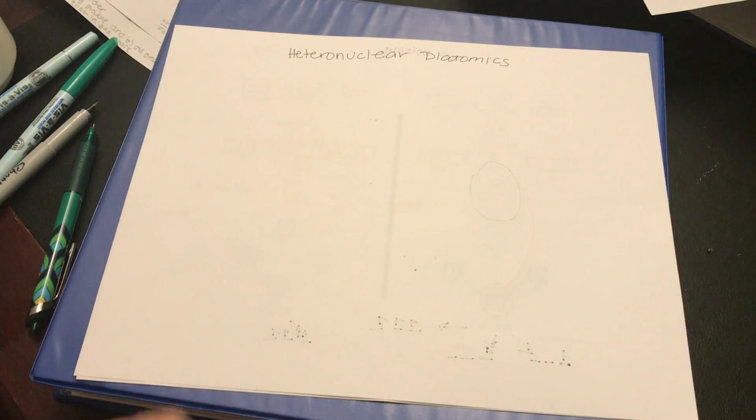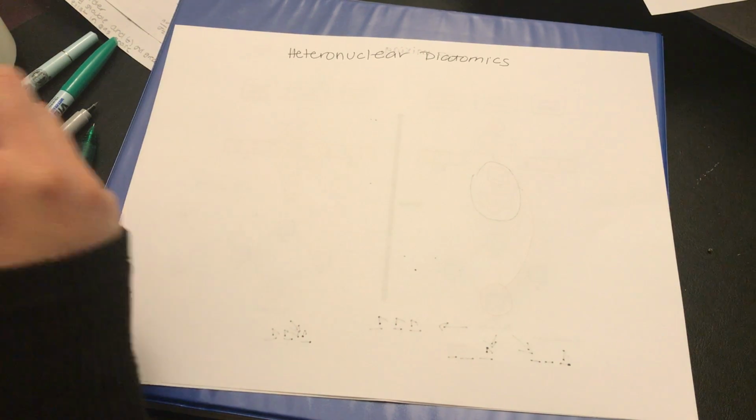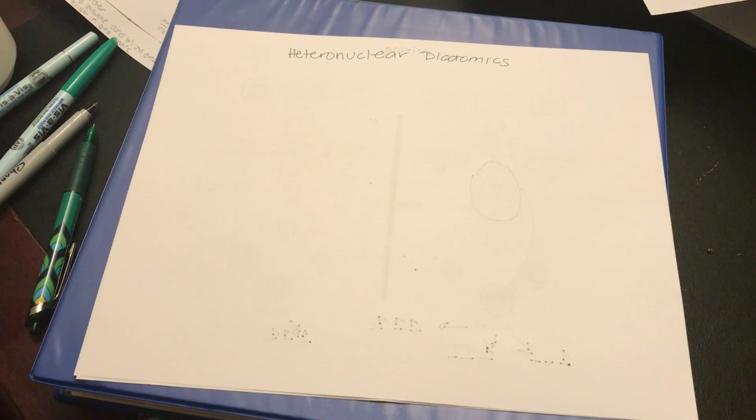Last portion that's important for molecular orbitals. So far, we've only talked about homonuclear diatomics, so the energies are the same in the way they're combining. Now let's talk about heteronuclear diatomic orbital diagrams. The element that's higher in electronegativity has its atomic orbitals lower in energy since it's more stable